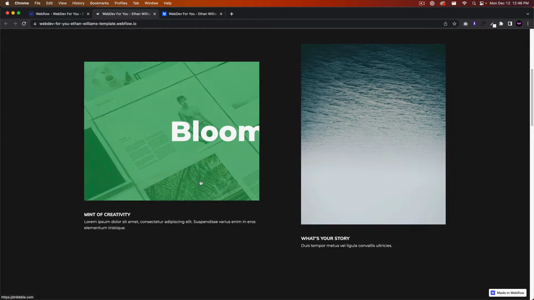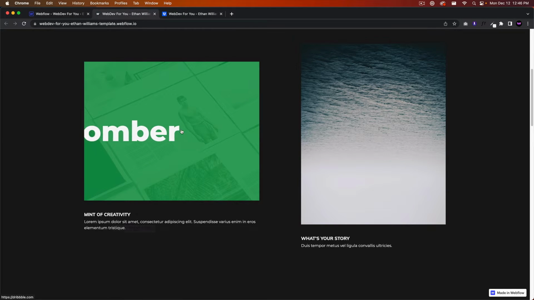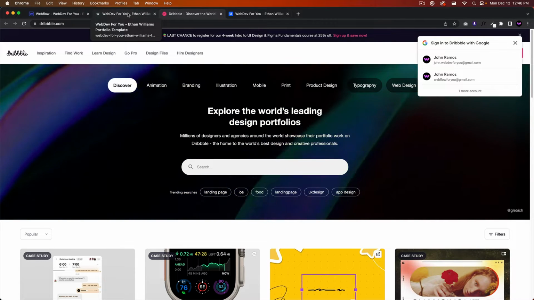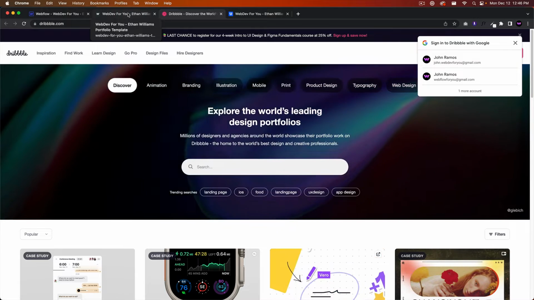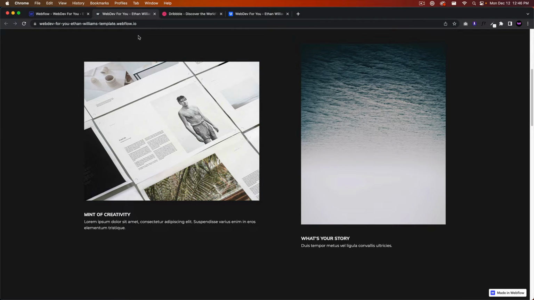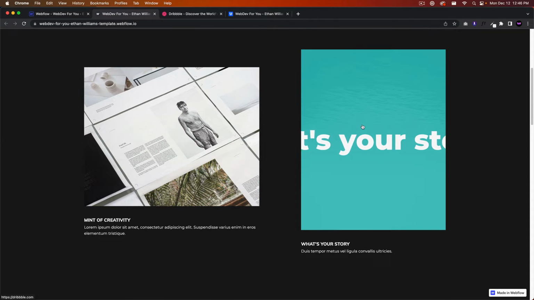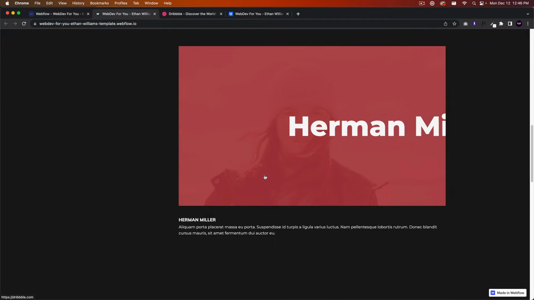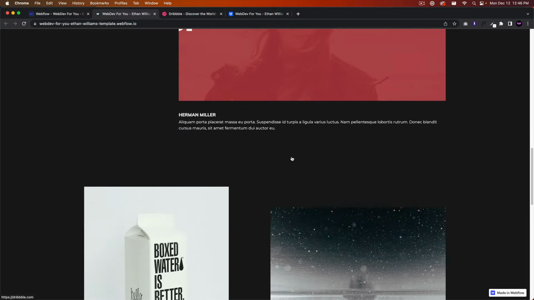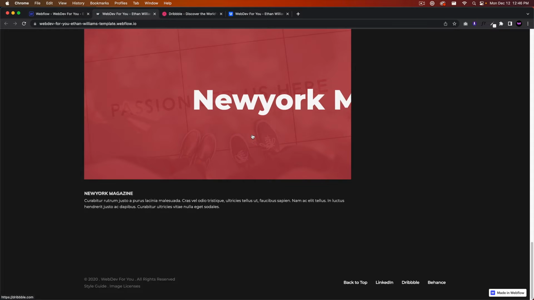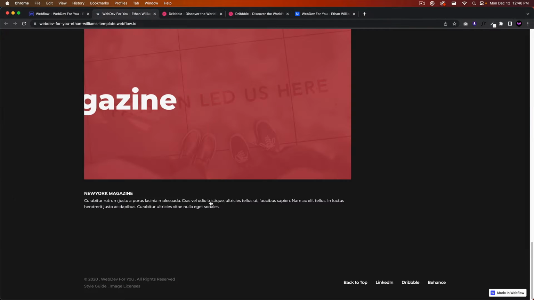You can change the color overlay. You can change the text here. If we click, it goes to a Dribbble page, so you can showcase your work off in another social media platform or wherever you have your work: Behance, Dribbble, LinkedIn, wherever your work is located. We can see that the text hovers in a nice way here, and it's just a really fun and professional template. All right, so these are the different projects, and you can add projects, remove projects, and